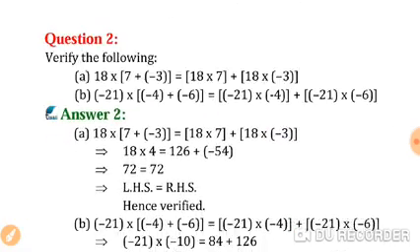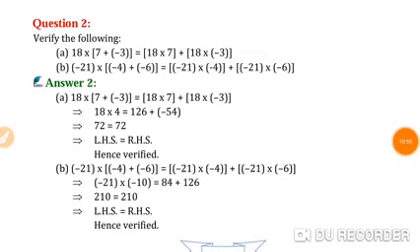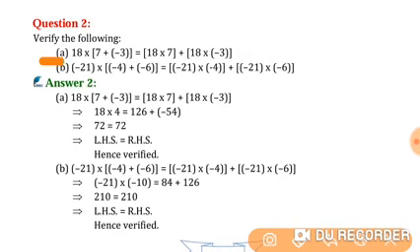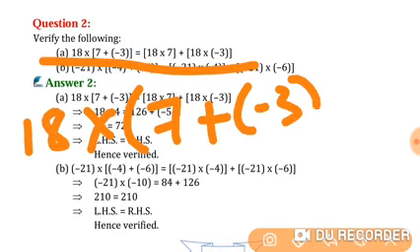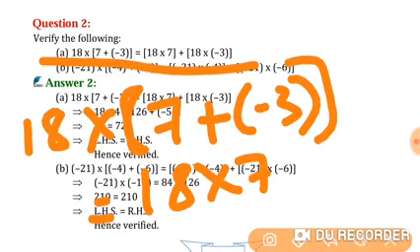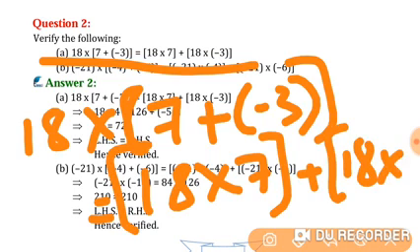So next go for question number 2. See question number 2, verify the following. Verifying means they have written the answer only. 18 into 7 plus of minus 3 is equal to 18 into 7 plus 18 into minus 3. Okay, they have written the answer. Then do you remember which property it is? Yes,